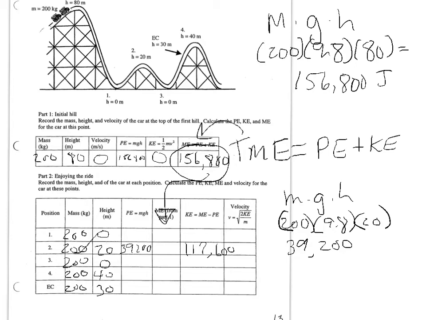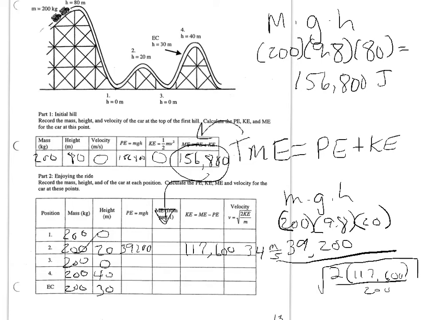Now, to find the velocity for that position, you just follow the formula that I have written there. It's from the kinetic energy formula, 1/2 mv squared, and then all I did is I just solved for velocity. So you're going to do 2 times 117,600 divided by the mass of 200, and then take all of that under the square root. And when you do that, you should end up with an answer of 34 meters per second